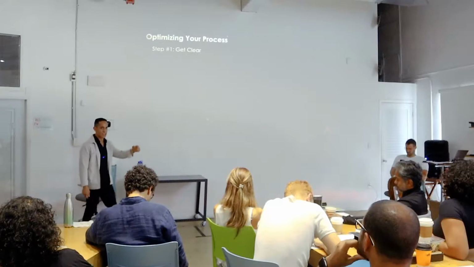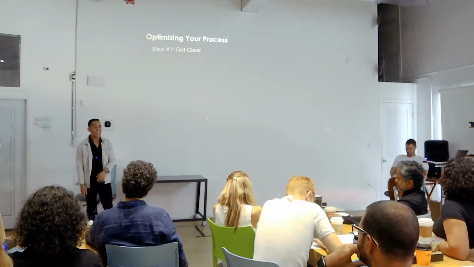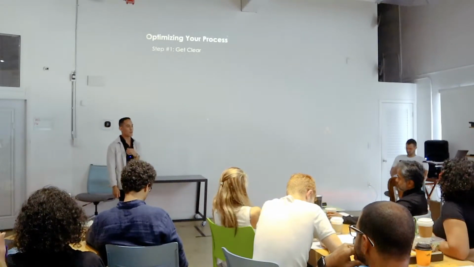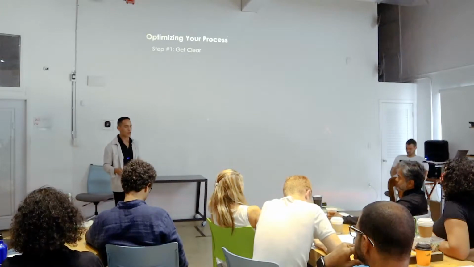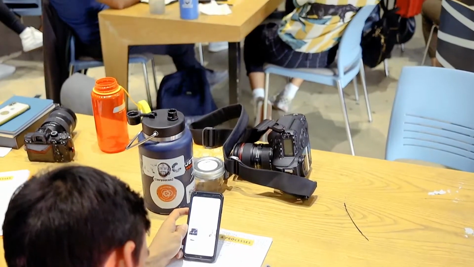So the first step to clarifying your process and to optimize it is to get clear on it. So literally what I would do is I would list out everything that you do in your business, whether it's for marketing, sales, and it's tedious, guys. It's tedious work, but it will be the best work that you do in your business because again, it's going to allow you to make more money, save more time. So get clear. You guys saw how I showed you current situation, desired situation. Do that thing and list out all the different steps. Get clear on the process.